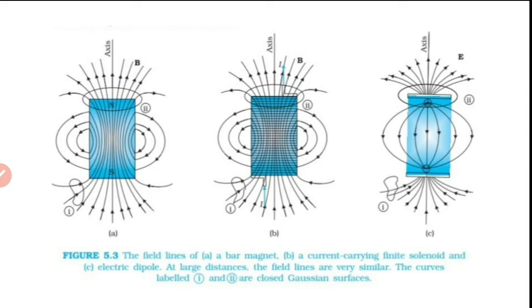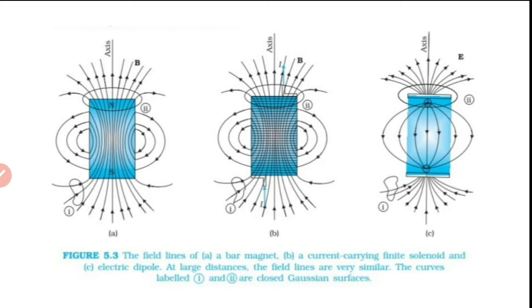Here in this figure we have three figures. The first one, as you know, is written north and south. It means that it is a bar magnet, and the direction of the magnetic field outside the magnet and inside the magnet are shown. The second diagram corresponds to a magnetic field produced by a solenoid. And the third one is an electric field produced by an electric dipole. So these three diagrams we are